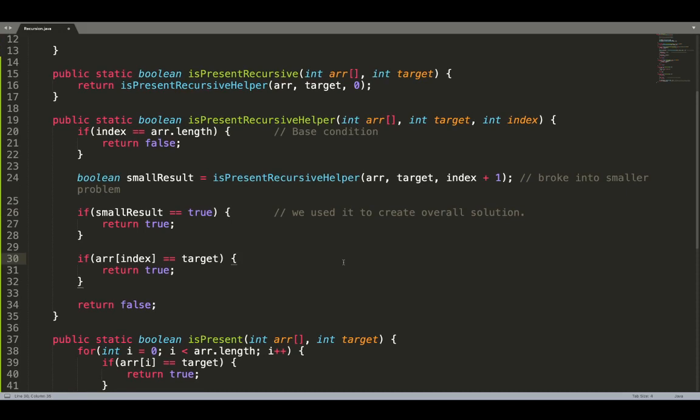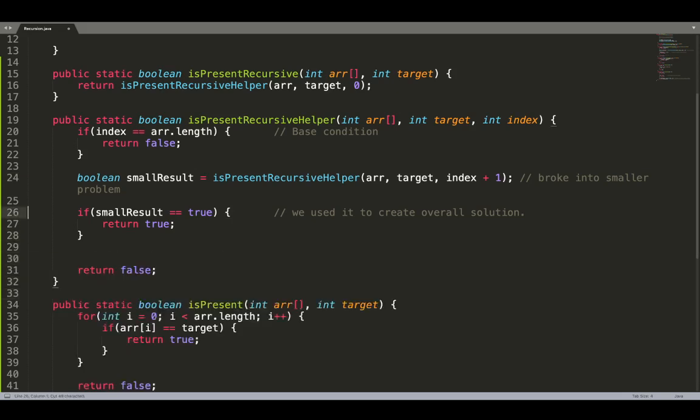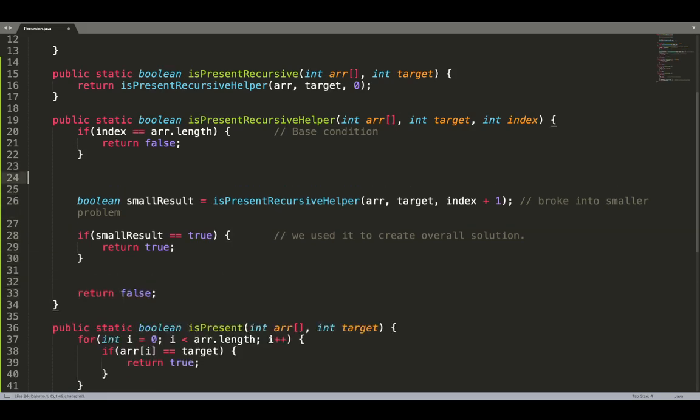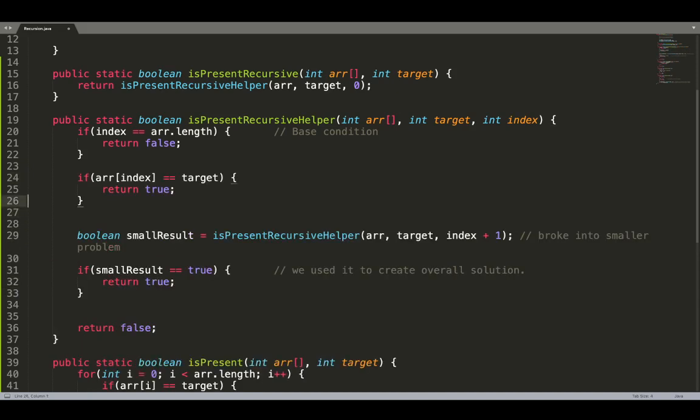So this is also well and good, but as you can see, this code now has a lot of if conditions, a lot of checks. So now I just want to say that it's not necessary that you have to make the recursive call beforehand. We can actually flip this process and we can process the current value first. So what we can do is we can straight away go here. Before breaking down the solution, we will check the current value.